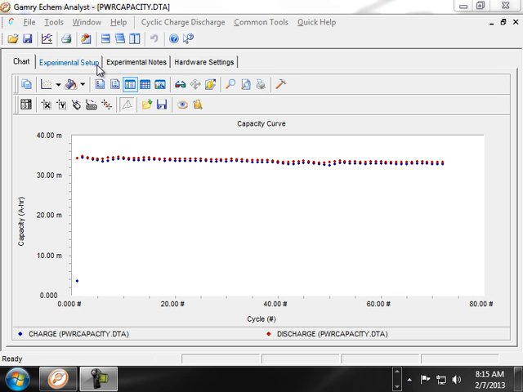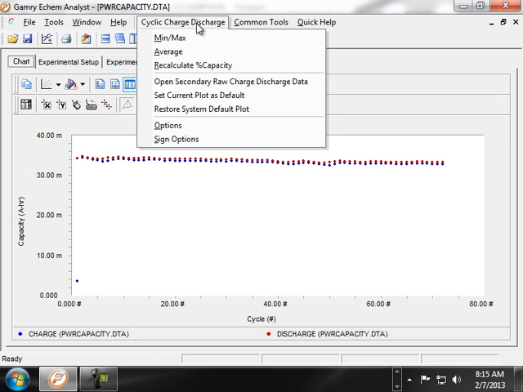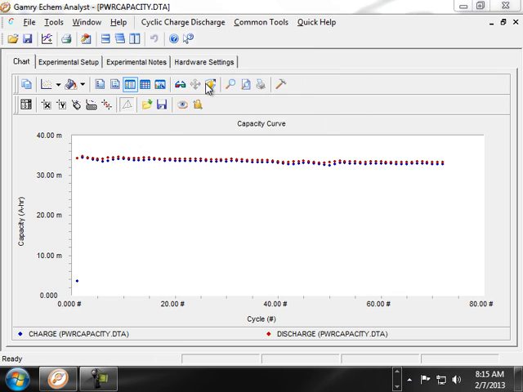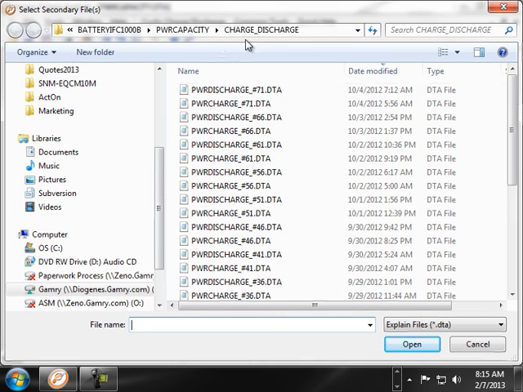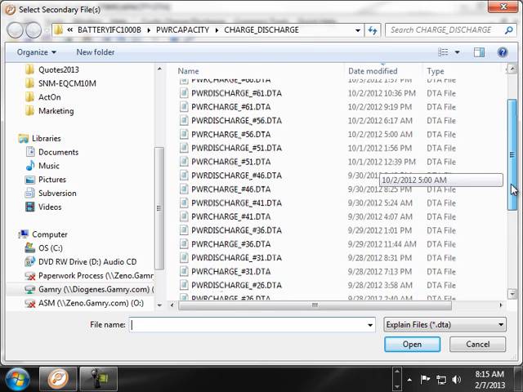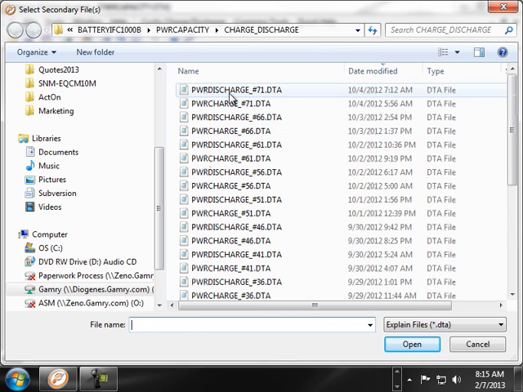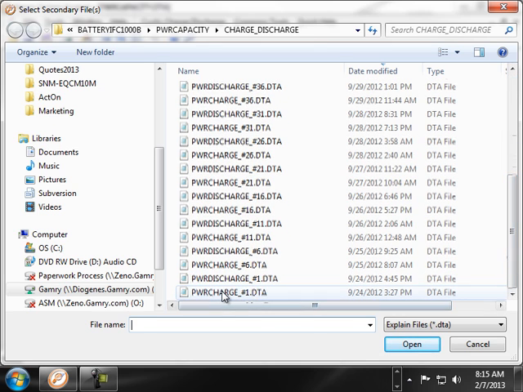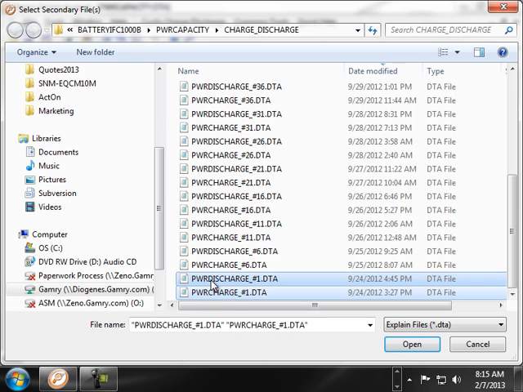So as I said, normally you're looking at capacity versus cycle, but if you want to pull up the raw data, you click on cyclic charge discharge and then open secondary raw charge discharge data. Click on that and it will take you into the charge discharge folder where all the data are saved. So we can see here I had roughly 71 cycles completed. So I'm going to go to the beginning and I'm going to click on charge number 1 and charge discharge